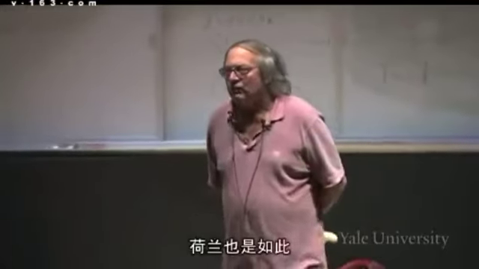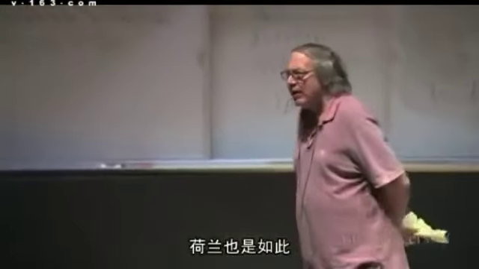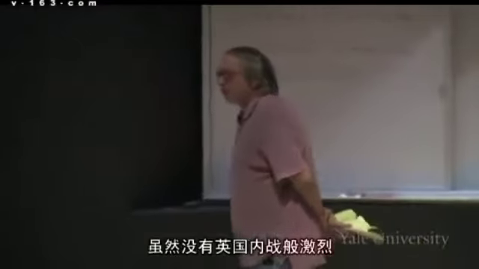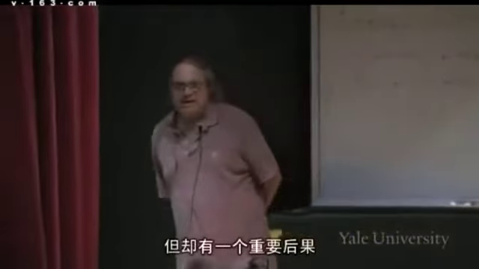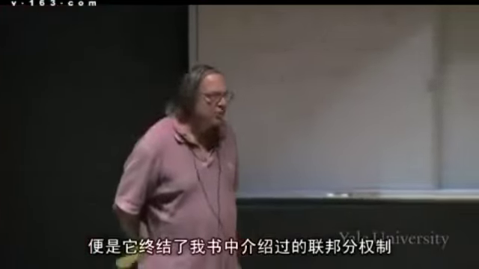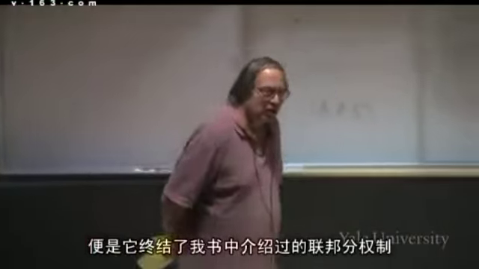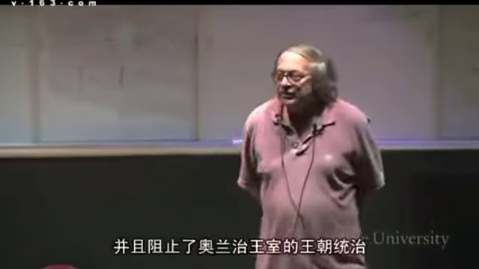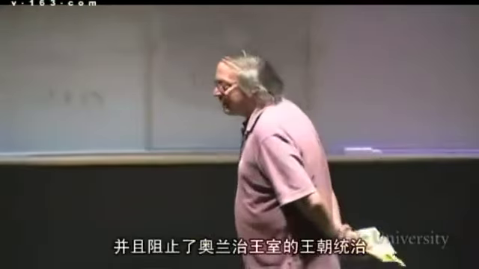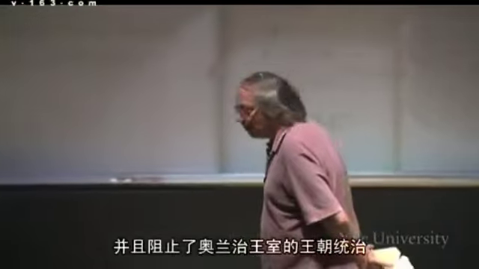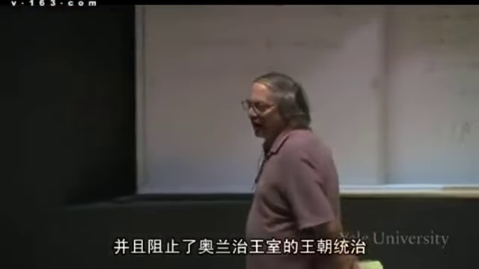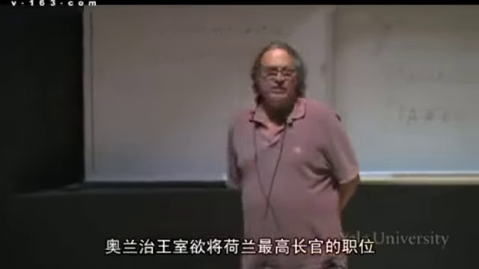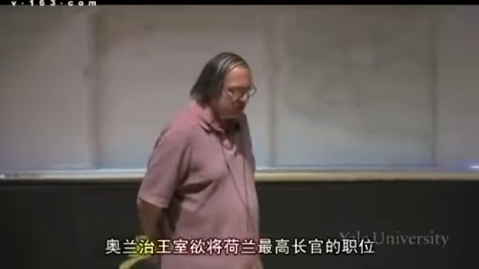And in the case of the Netherlands, it's the same thing. There isn't anything as dramatic as the English Civil War, but the important outcome is that in the end, this decentralized federalist structure, which I describe in the book, and we'll talk a little bit about in a while, is victorious over the pretensions of a potential dynastic ruling house, that is the House of Orange, who wanted to make the chief Dutch official, who was called the Stadholder,